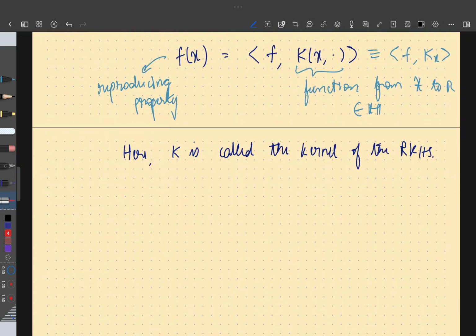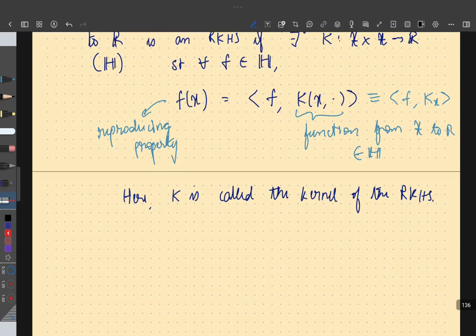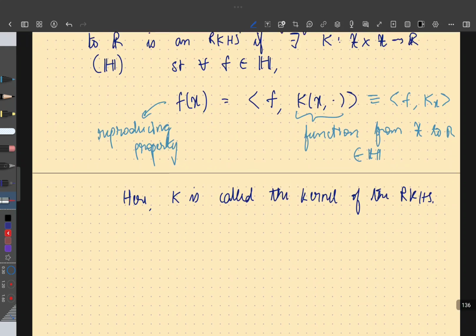Is that okay? But inner product of a function f. I understand if there are values there. K of x is a value and we have values, but I don't understand using the function itself. So I mean, one way to think of f is, let's go back to the